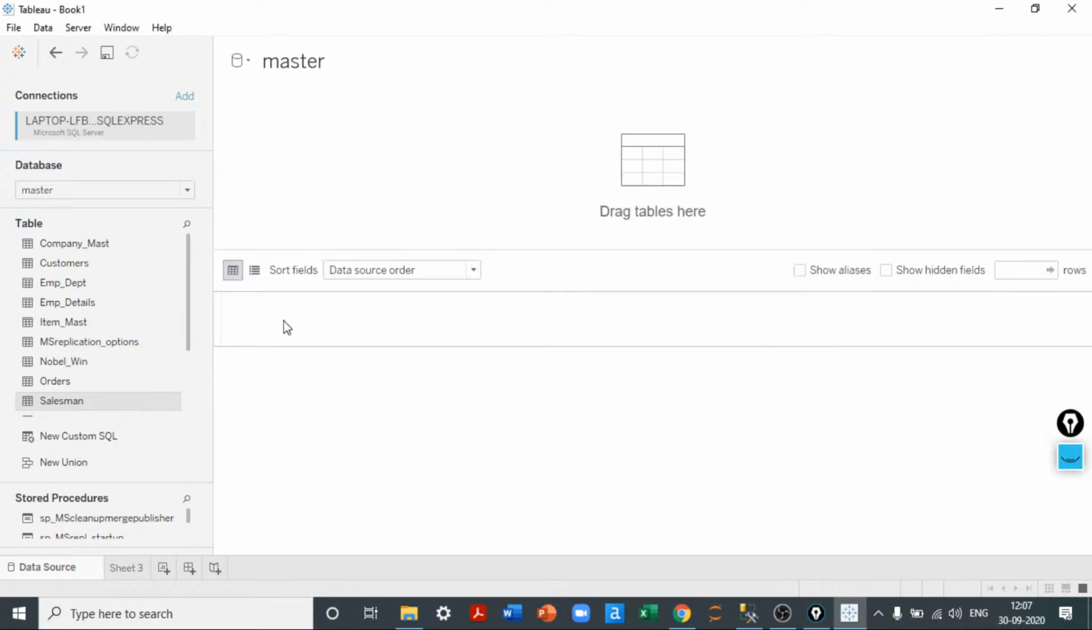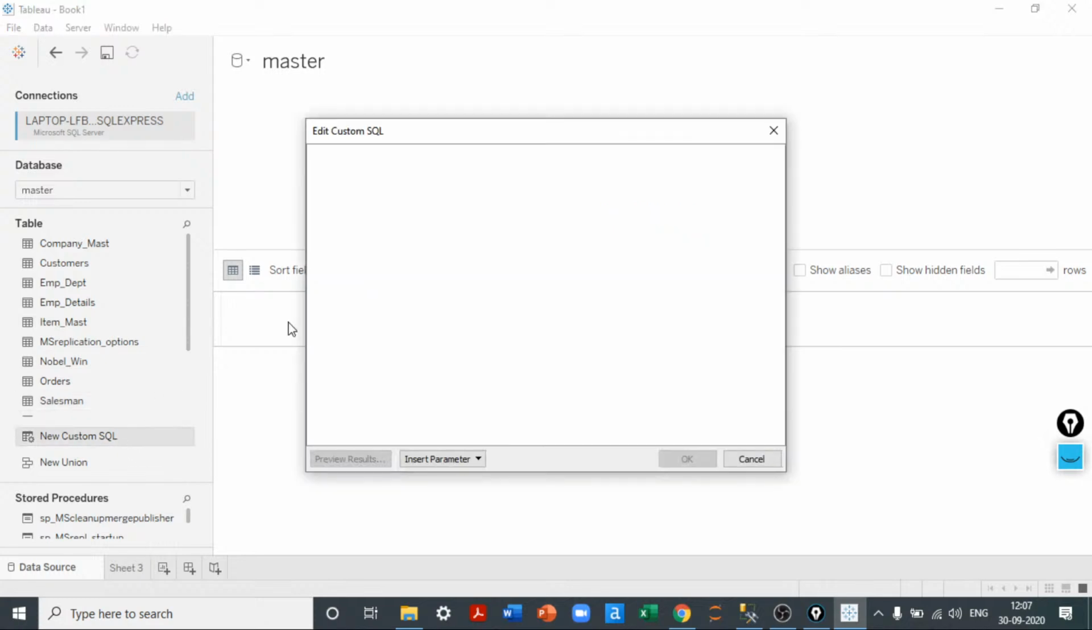Now I wanted to know what the order number is, who placed that order as a salesman, to whom the order was sold, the customer, what amount was earned by selling a particular product to a customer, and what commission my sales representative got for selling this particular product. I can write a custom SQL for achieving the same. I'll say